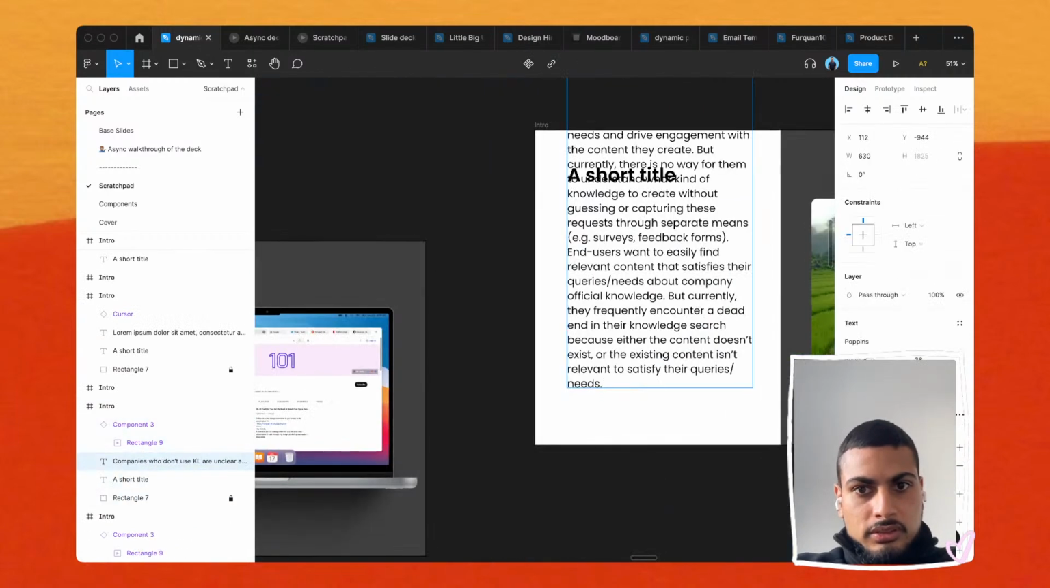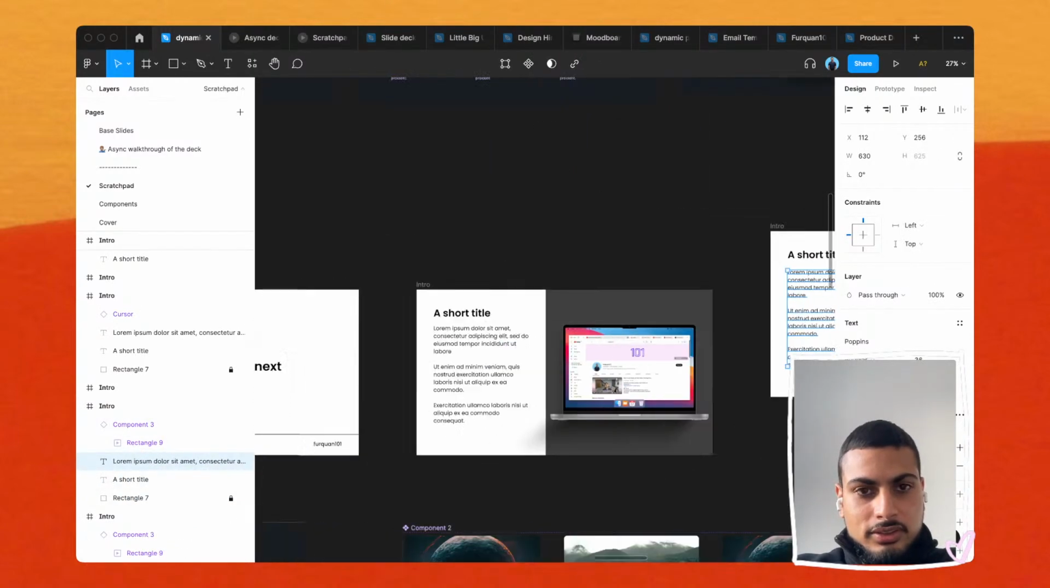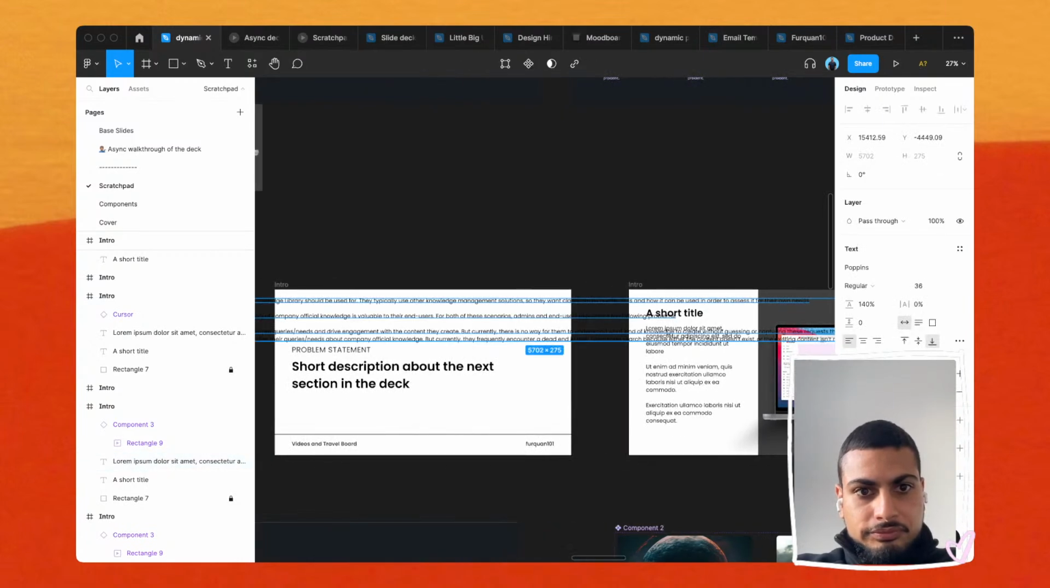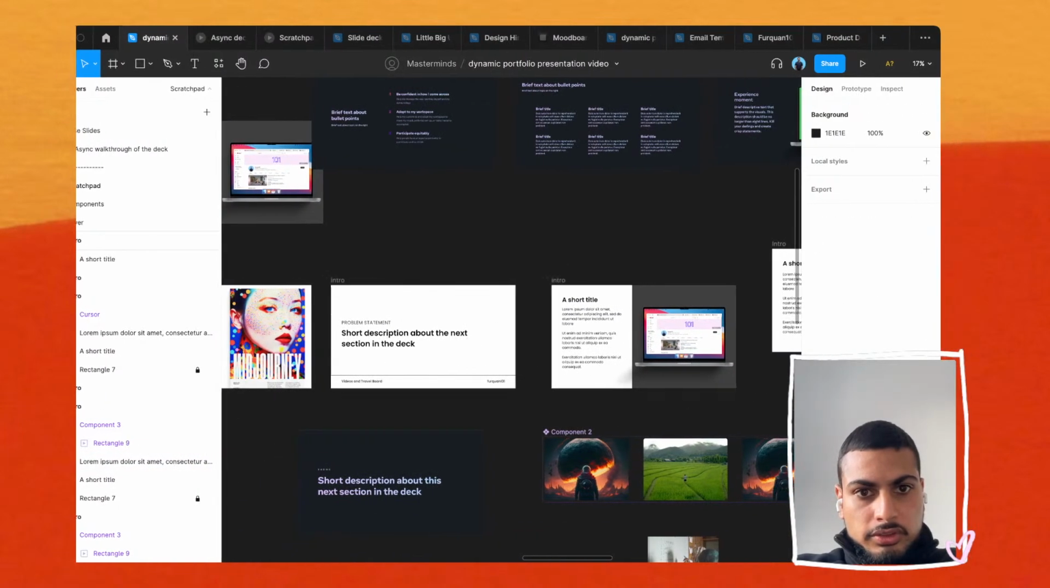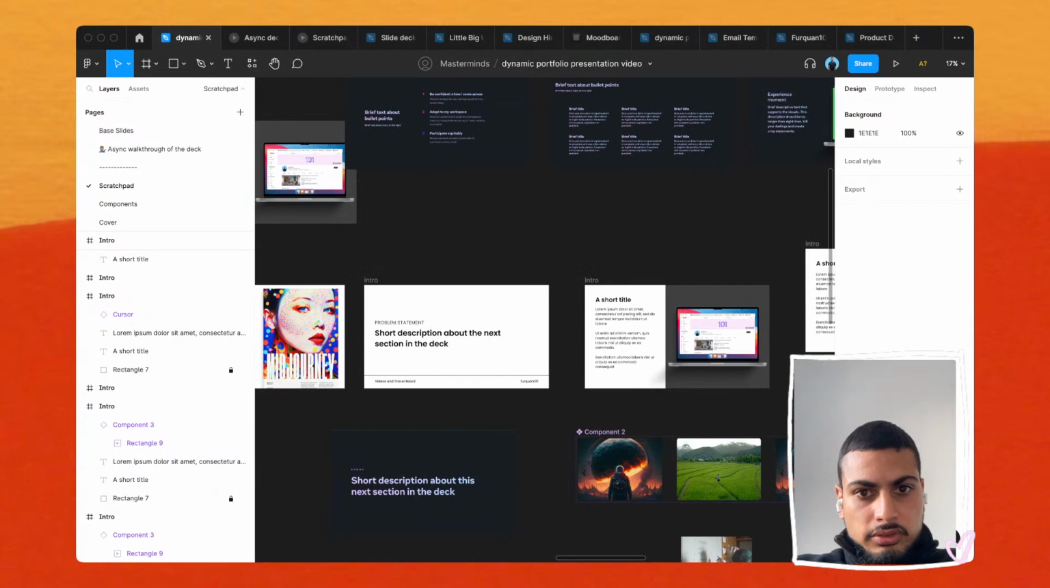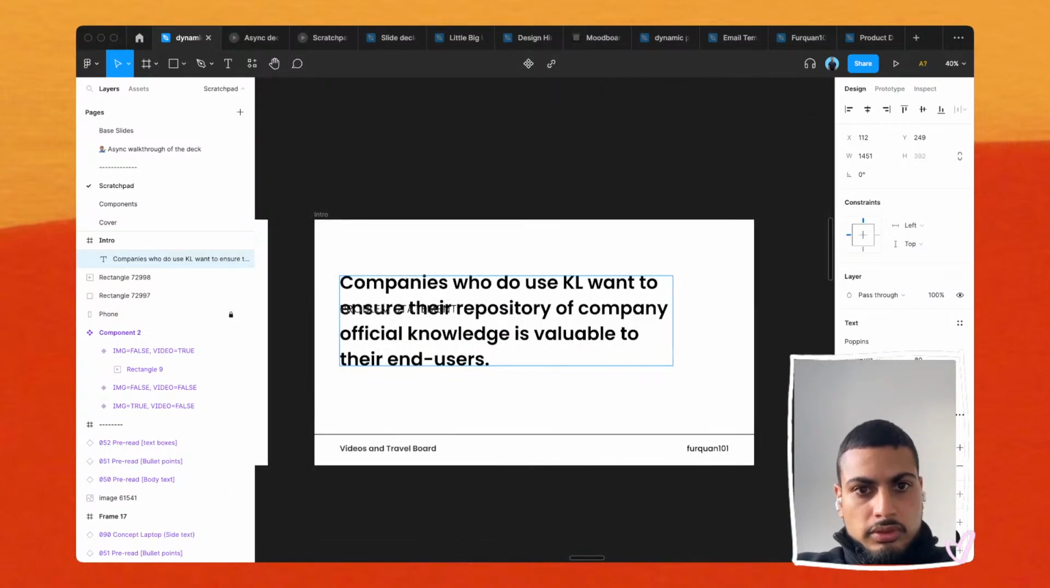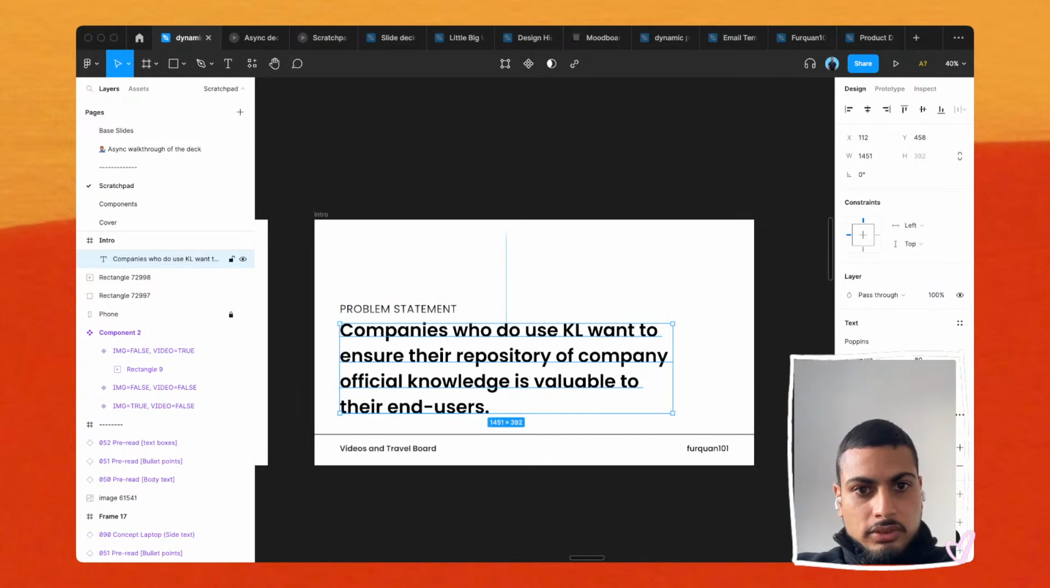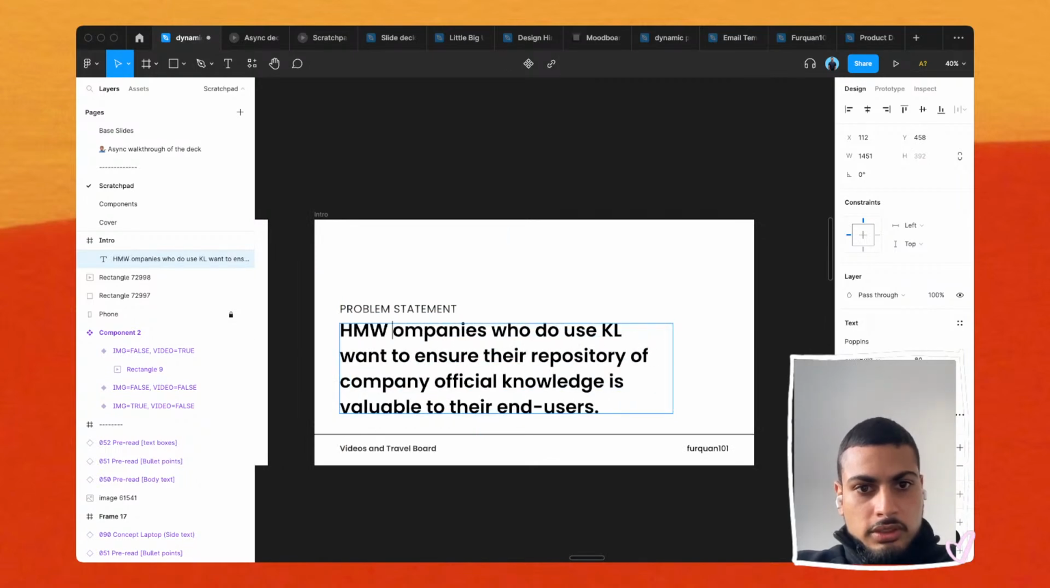This is what I've got here. This is too much text. This is a good problem statement. So from April onwards in 2020, how do we enable